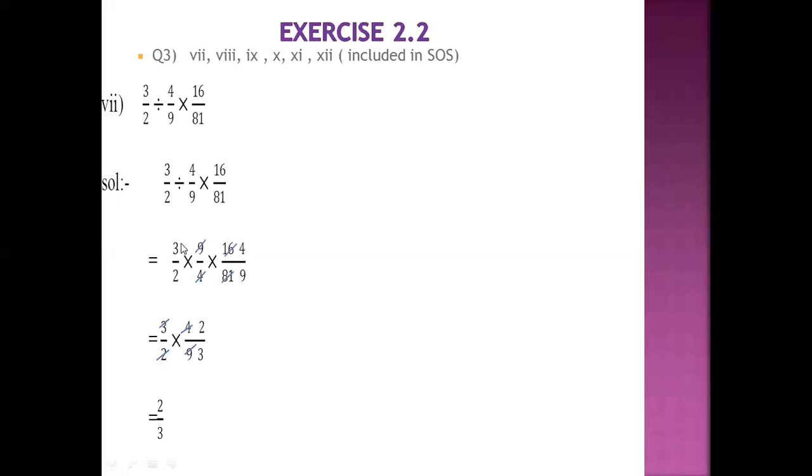4 comes here. This 3 over 2 we copy, we write it as it is, then the multiplication sign, then here 4 over 9 is left, so we write 4 over 9. Again, this 3 and 9 are both divisible by table 3. 3 ones are 3, 3 threes are 9, 2 ones are 2, 2 twos are 4. So the simplified form of the answer is 2 over 3.